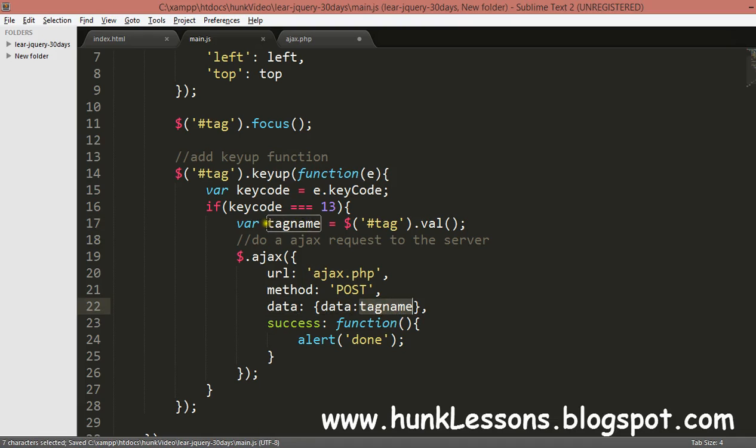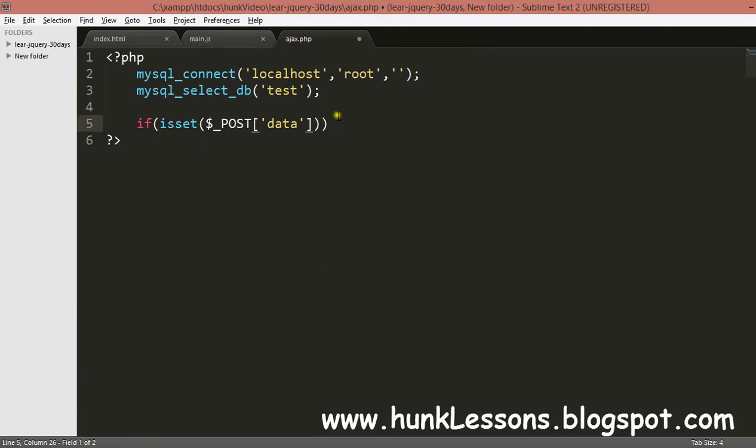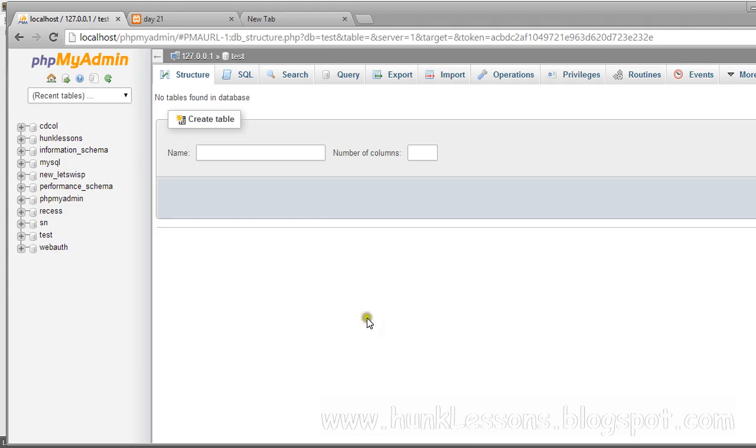Tag name is the value which we want to send, and it should be named with data which will be remembered by our ajax.php file. If I say $data, so echo $_POST data. Now we will check that out.